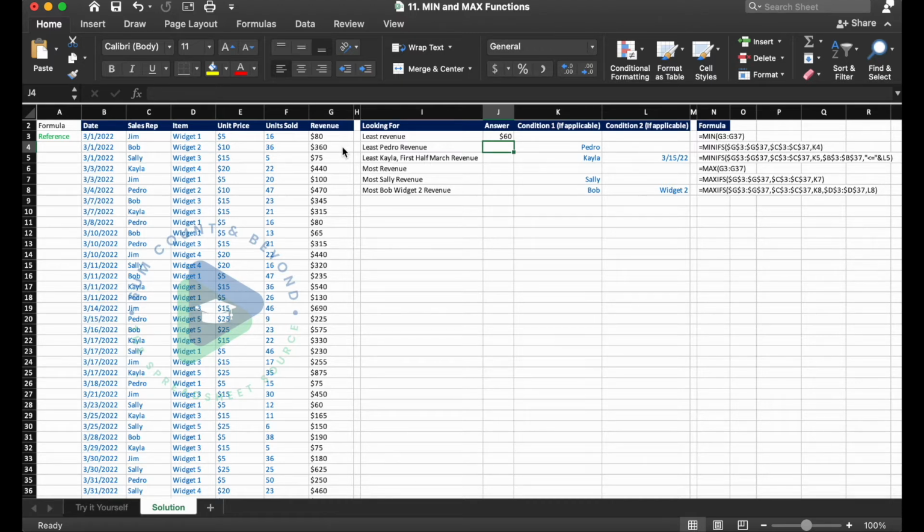So next we are going to try the min-ifs function. If you remember back earlier, we said that min can only be used on cells with numeric or date values. So min-ifs can be used to find the smallest numeric cell based on numeric and non-numeric criteria. The general setup for the min-ifs function is equals min-ifs, open parentheses, the range you want to look at, comma, range 1, comma, condition 1, comma, range 2, comma, condition 2, close parentheses.